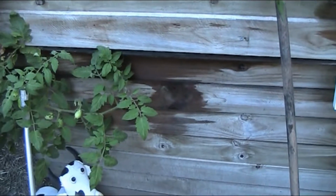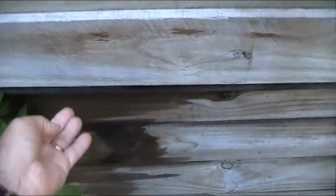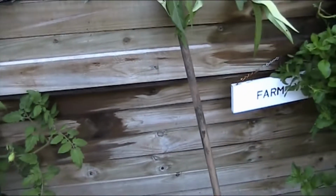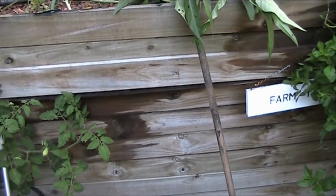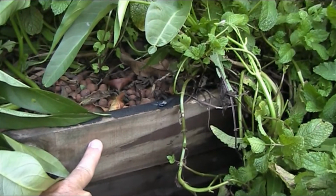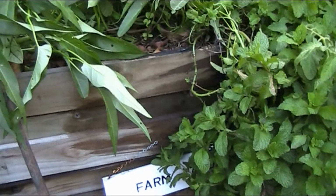Oh, g'day folks, can you see that wet mark there? And there's another wet mark over here. This board here was particularly damp. So I was thinking to myself, oh crap, I've got some sort of hole in the liner, because it clearly had not come over the top, because that's dry. But after a little bit of dicking around,